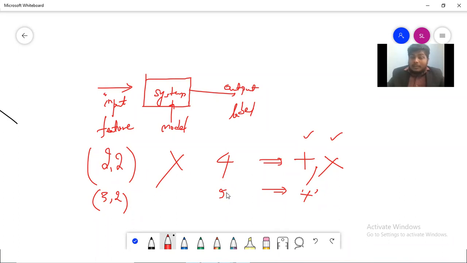But you might come up with one more thing, that 2, 2 can be 4 and 3, 2 can be 5 without adding them. So is there any such equation which will create 4 as an output without adding 2 and 2? Without adding 3 and 2, will we be able to create an equation? I'll tell you how. Let's say I have taken something like this: 0 into the first input, which is my 2, plus 2 into my second input, which is 2, which is also equal to 4, right?